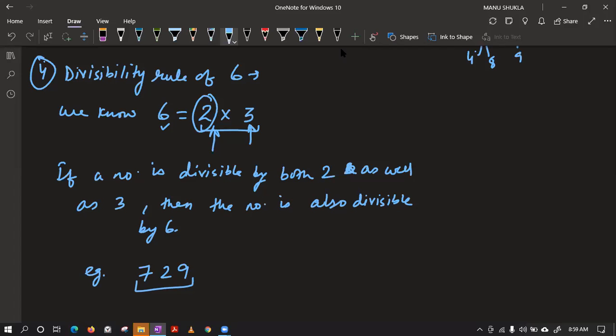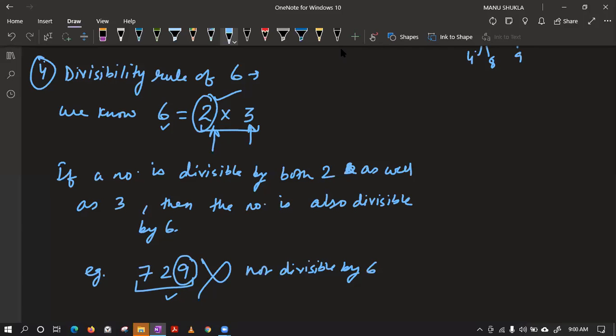We can say right away, class please tell me, is this number divisible by 6? Because if you understand, first you have to check with 2. If you check with 2, you can see the unit place is not an even number, so we can't divide this number by 2. Hence, we don't have to check for 3 also, because the rule is very simple. You have to divide by both the numbers. Okay, so this is not divisible